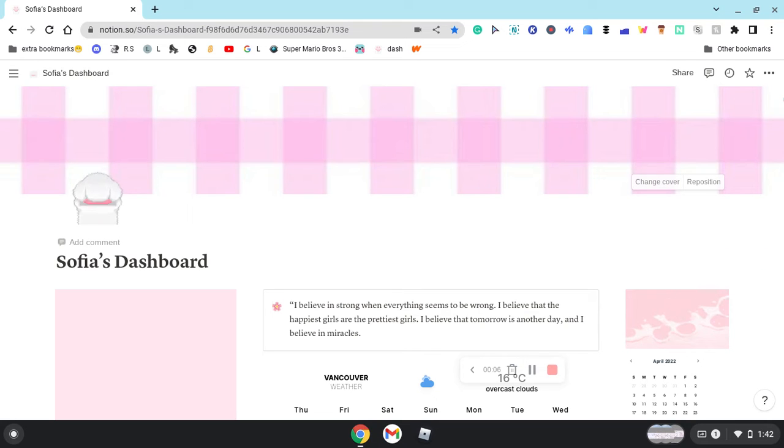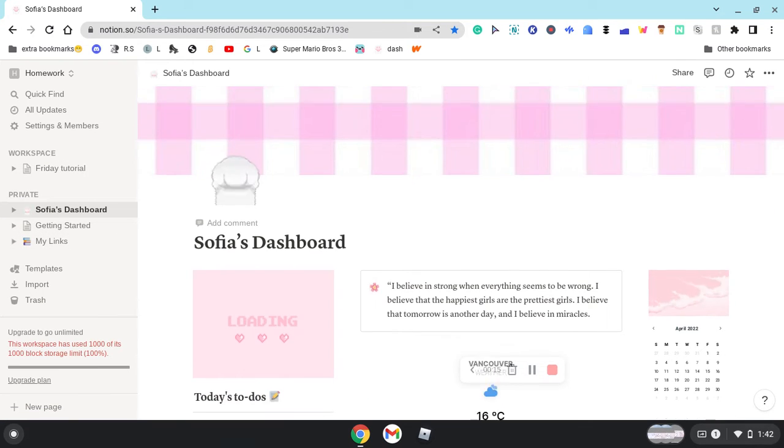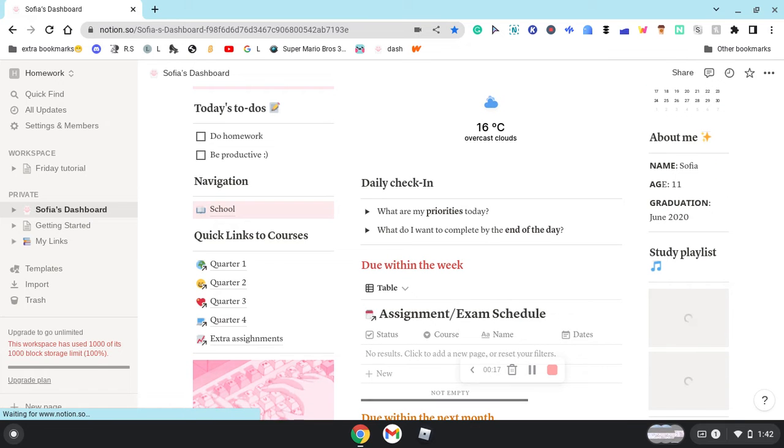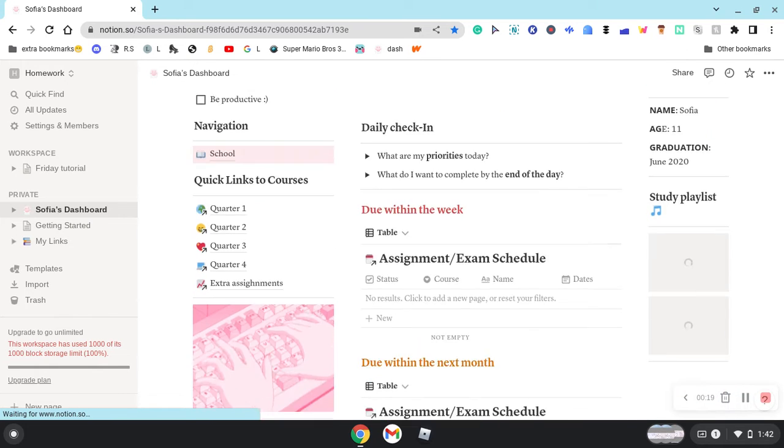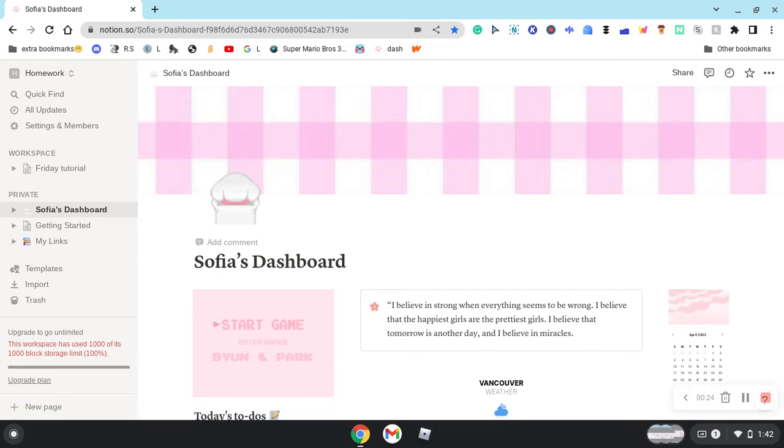Notion is an online website where it's more like a student dashboard. You can find all of the things that you need for your school. I think you can even link it up to Google Calendar. I'm not 100% sure, but this is what my Notion board looks like, and I am using a template from